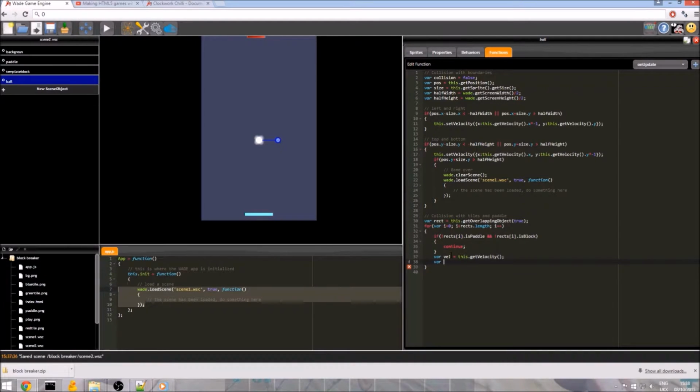Now we need a number, positive or negative, based on which direction we're going, and this is for later on, you will see. So xAxis equals velocity.x greater than 0, and what this does is if the velocity is greater than 0, it returns -1. If not, it returns +1, and I'm going to use that in a later step.